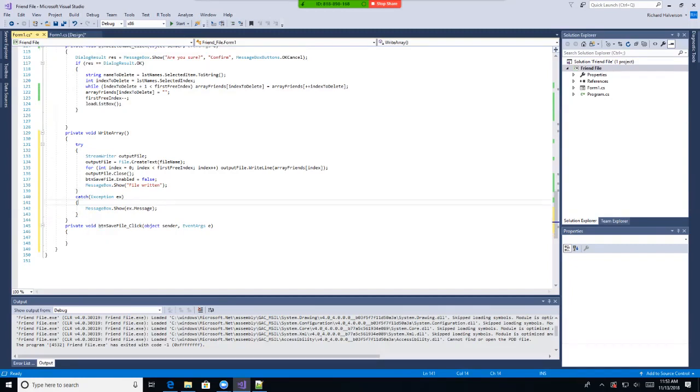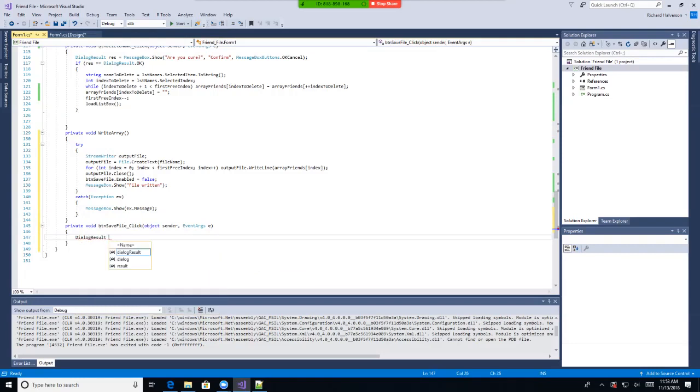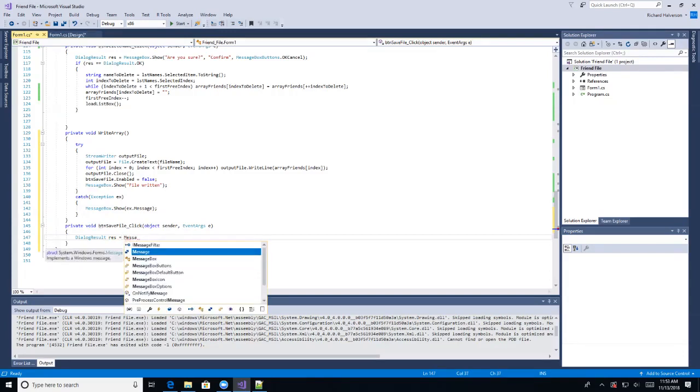Now, so that writes the array out. The save file should ask, are you sure? So that's what I have that here for. I'm going to declare a dialog result variable called result. That's a fine name for it. I'll just call it res, for result, equals message box